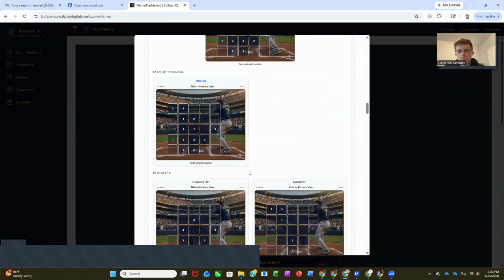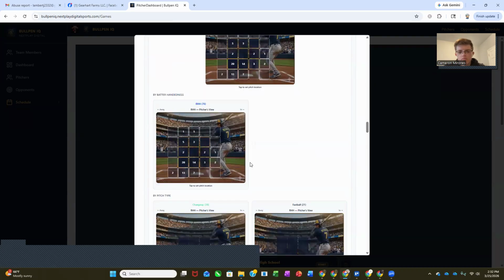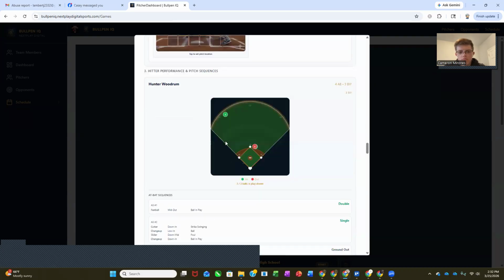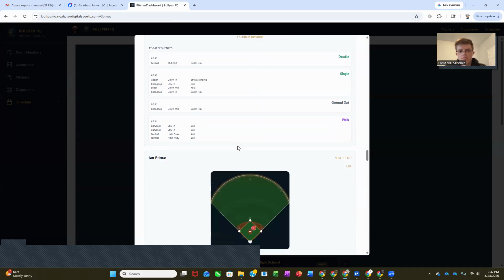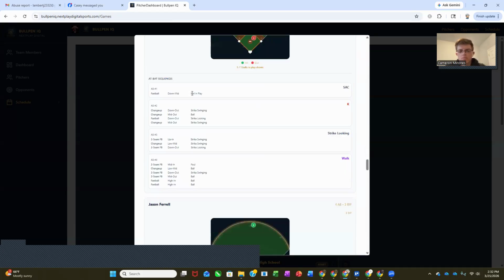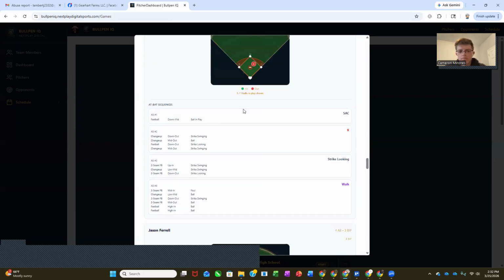And then this is just the same thing for different pitchers. And then at the bottom, you'll get a spray chart per hitter with the sequences showing. So I know some people still like having the papers, so you could print that out. Then the next, let's say a doubleheader, the second game, someone can have that printout, looking at it. It shows every sequence for every hitter, every ball in play, where they walked, struck out,